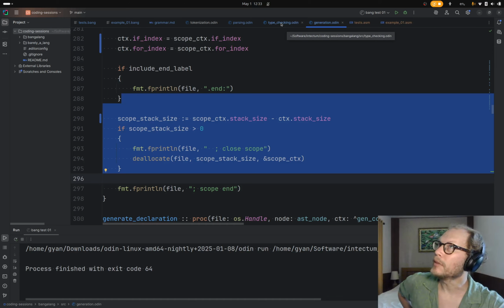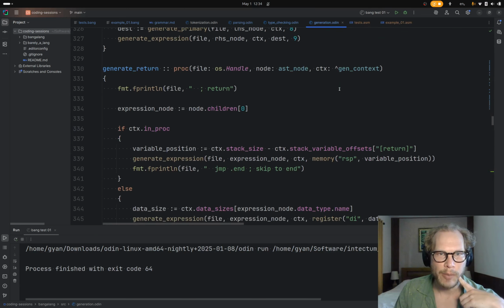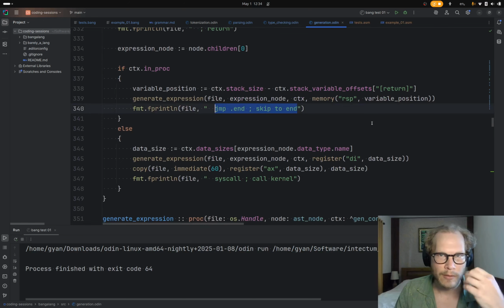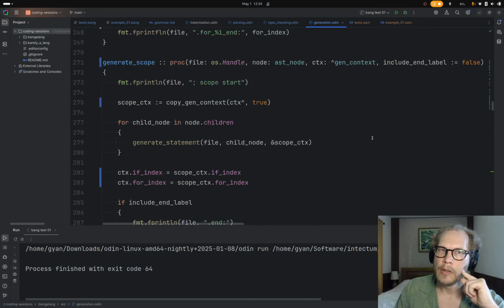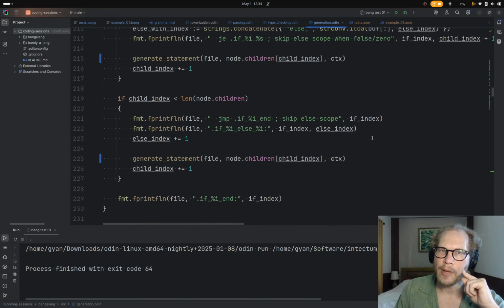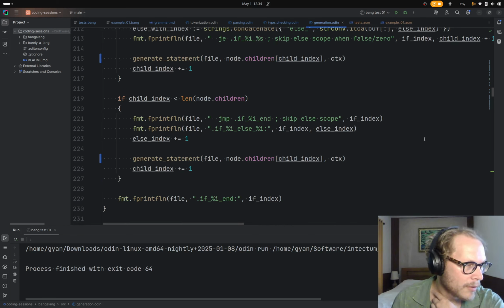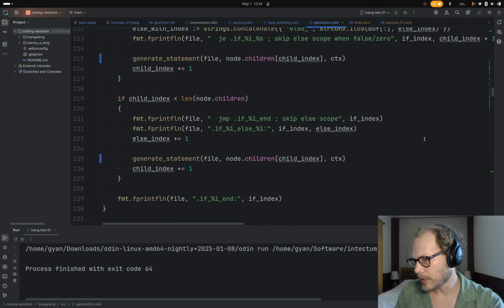If it's a single statement, it's either a return, which would skip to end. So I forgot to show that part. Return, all return does is skip to the end label. So let's think this through, actually. If we have a procedure that has a single statement, that either can be a return statement which says jump to the end, which is where we already are, there's no point. Or it could be a declaration, in which case we're also not skipping to the end,